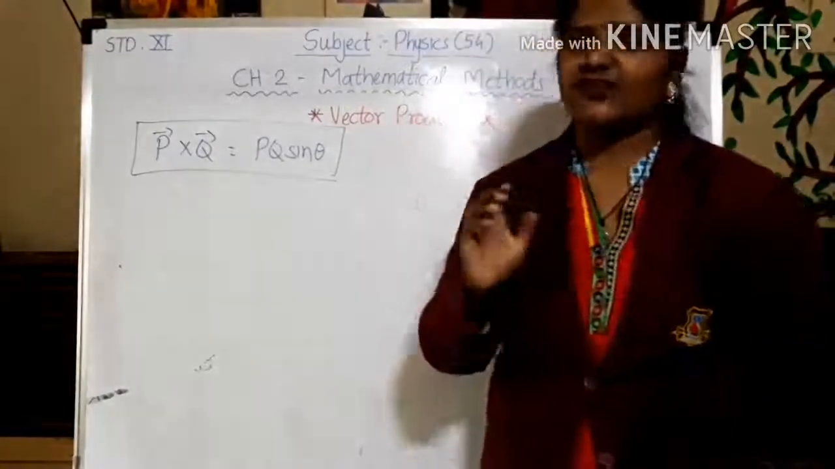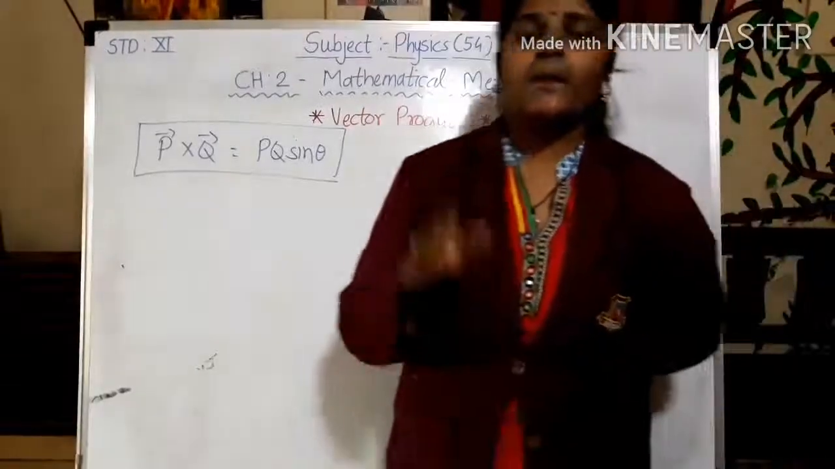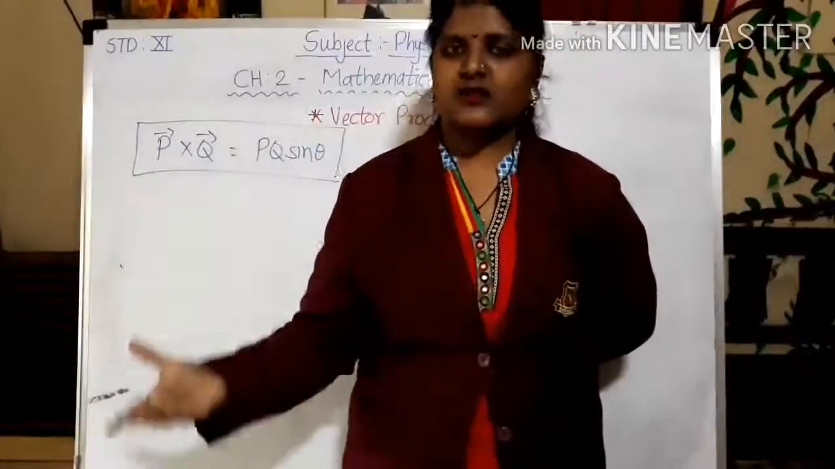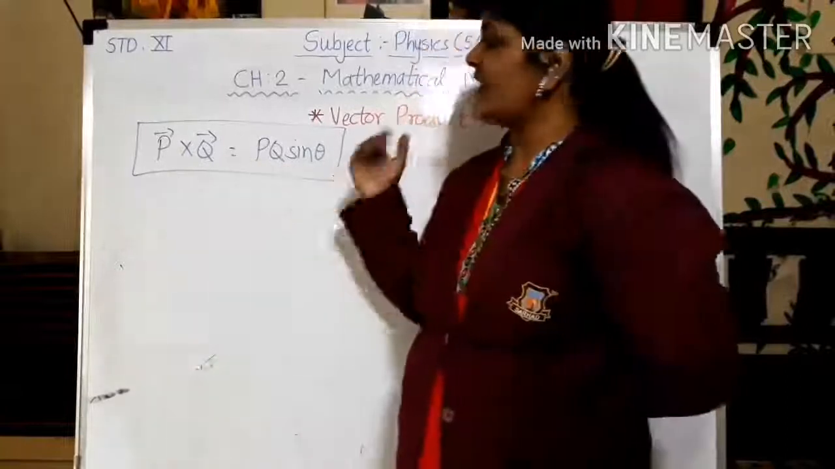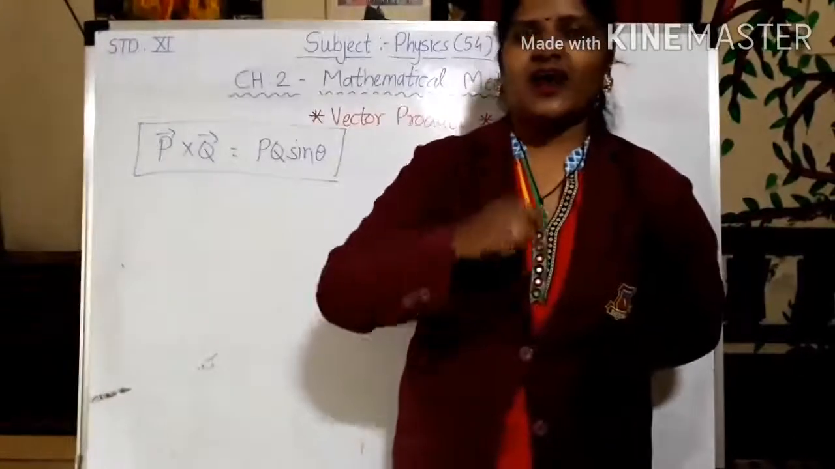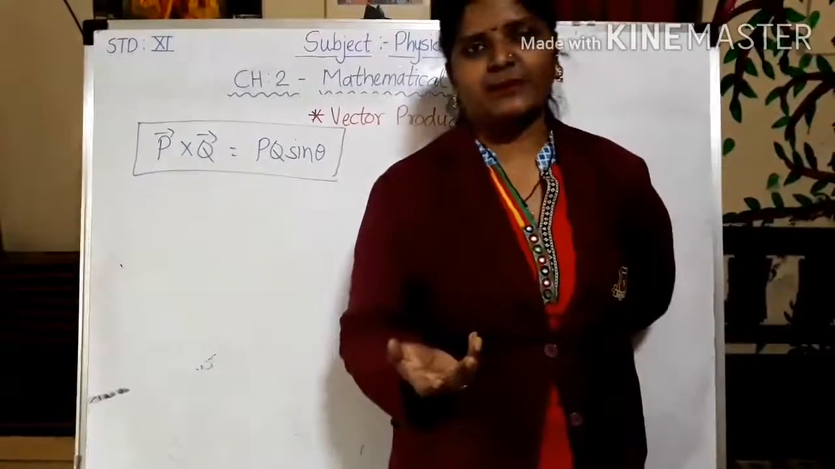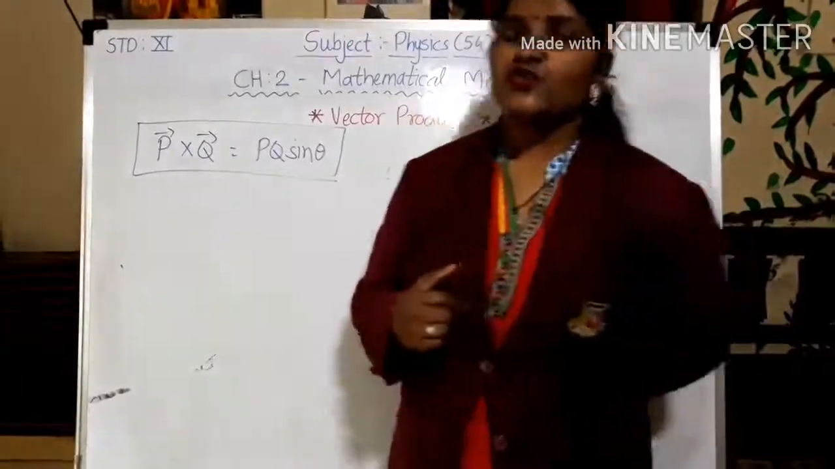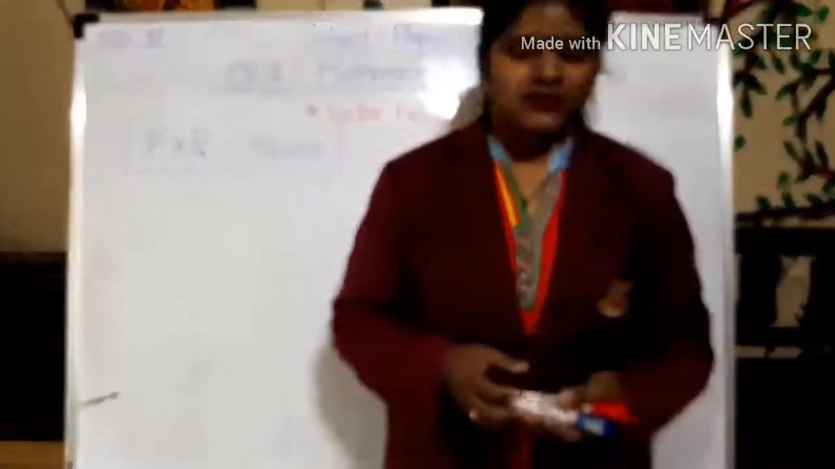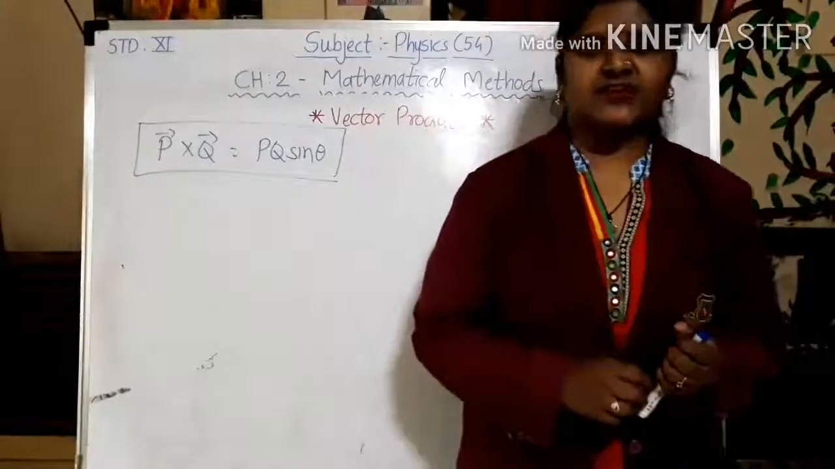This is the definition and this is the mathematical formulation of vector product: P bar cross q bar is equal to pq sine theta. Now we are going to see what happens when i, j and k come together. One by one we will see the characteristics of vector product, in which the very first characteristic is,